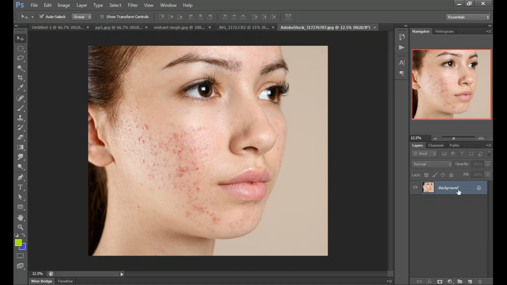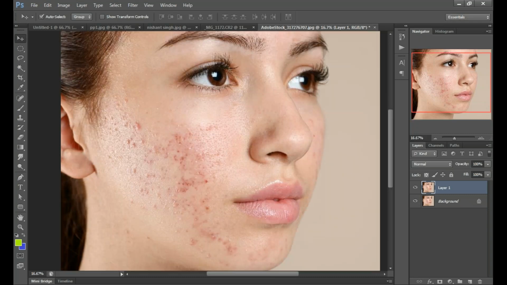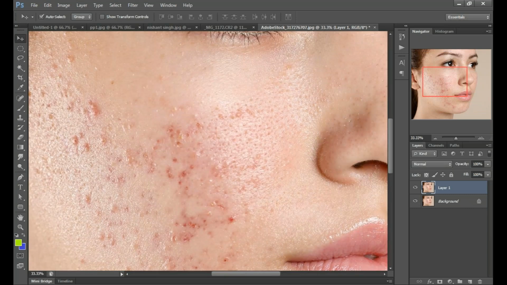So make a copy of that layer. We will create a backup layer and edit only that layer. We will work only on the copy layer, okay? Not on the base layer. Press Ctrl J to create a copy of that layer. First of all, we will erase large spots.